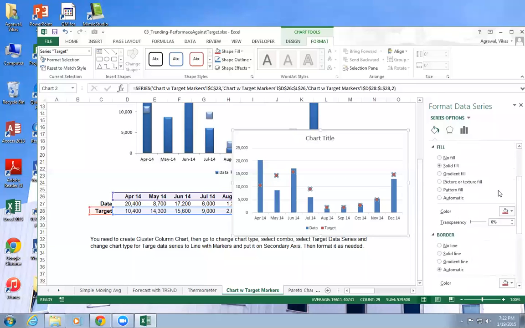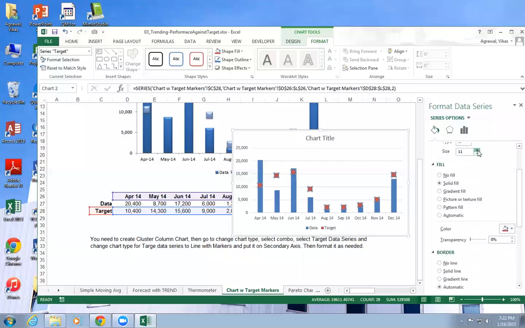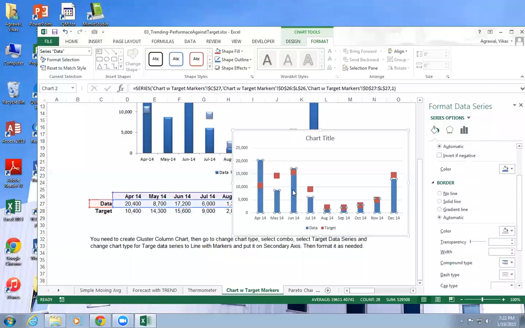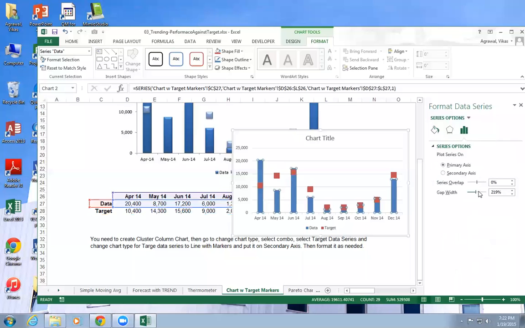For example, you can make it very big here, right? And then you can go here, select the data itself, click on the series option, increase the gap width, play with it. It's just a matter of playing with it. But basically it creates a kind of bulleted target and shows the performance against those bullets.